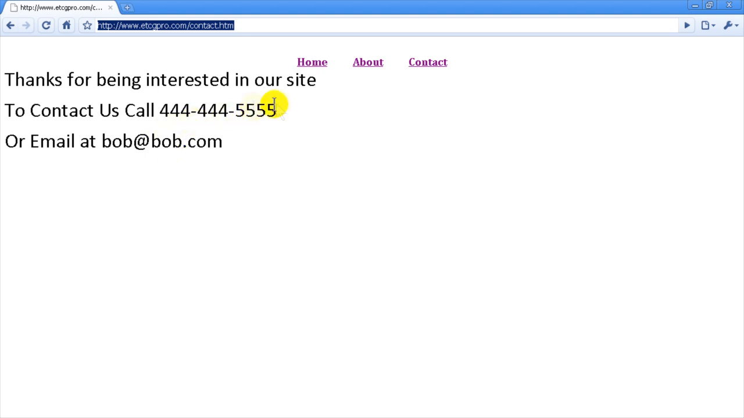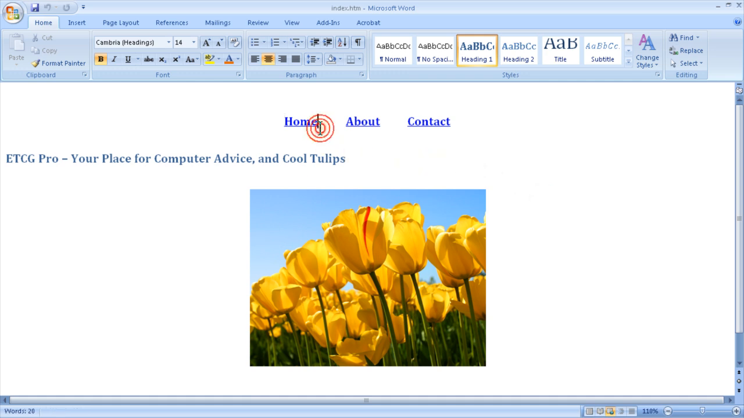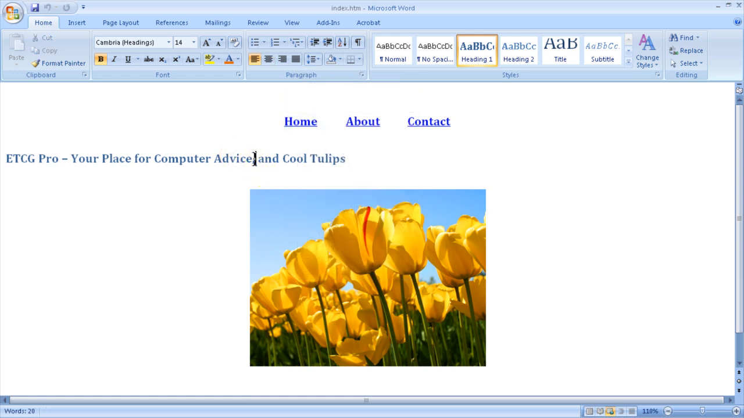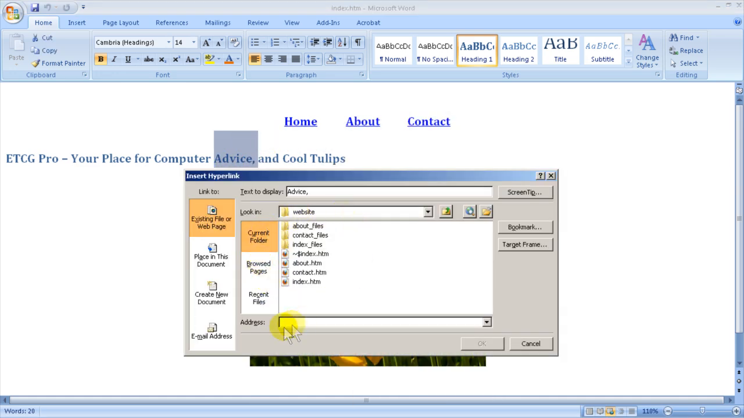In order to create the links, so to create the navigation menu, like I showed you, you just highlight the word that you want to be the hyperlink. You right-click on it, and then you would do Create Hyperlink. So if we wanted a device to be a hyperlink, you just right-click on it and you do Hyperlink. Now in the address